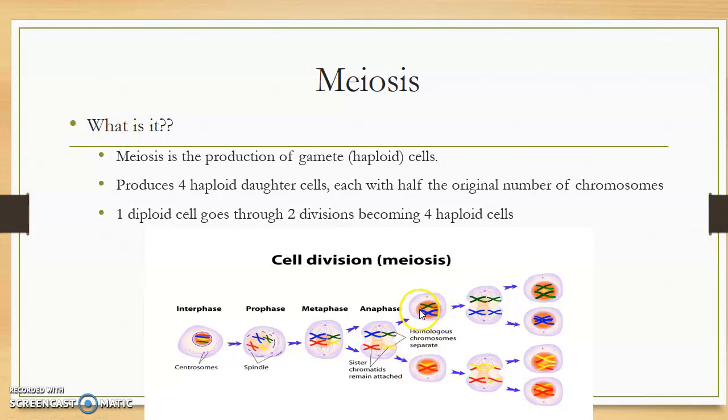And those 23 X's are now going to go through a second division. Now, here's what's different. It doesn't go through interphase, so that DNA doesn't double. So instead of going from 46 to 92 again, it goes from 92 to 46, and then it immediately cuts in half into another set of divisions, which is meiosis 2, and you're going to end up with 4 new cells. Each one of these new cells is only going to have 23 chromosomes in it. So from 46 to 23, you get 4 new cells.